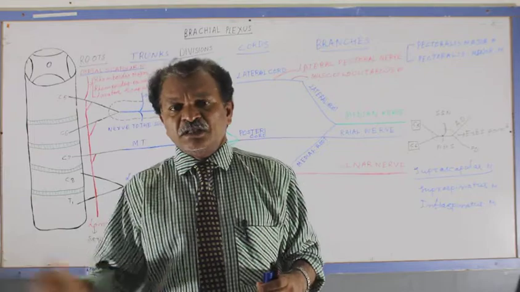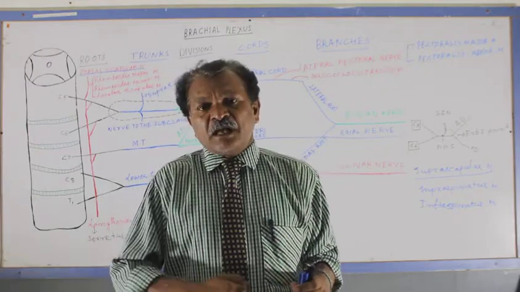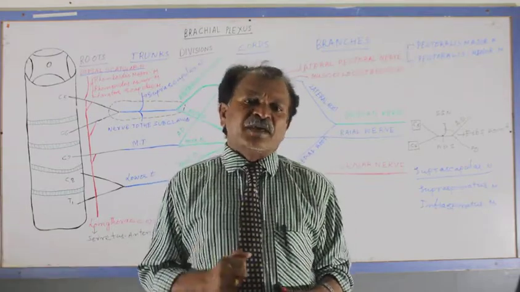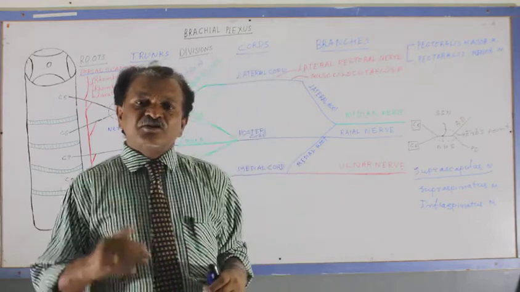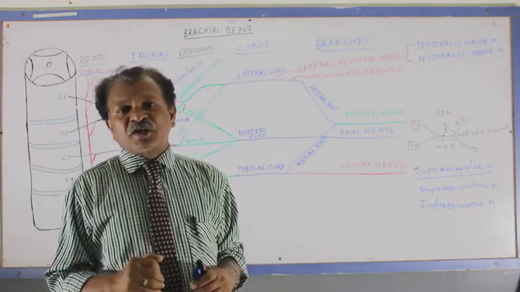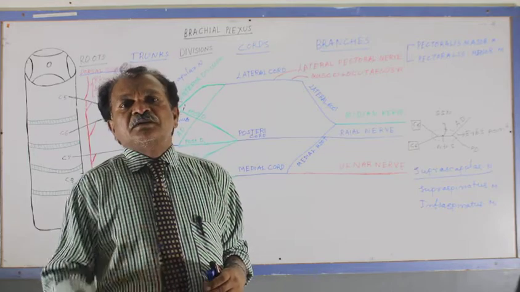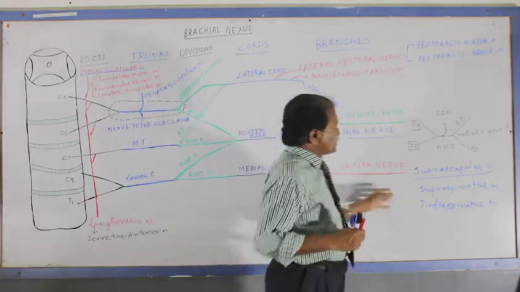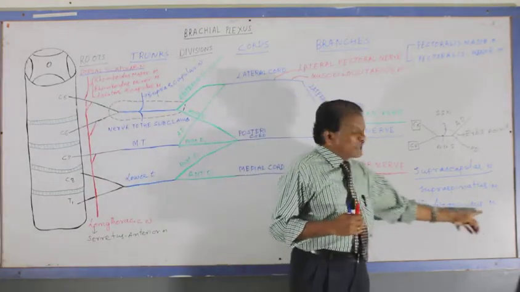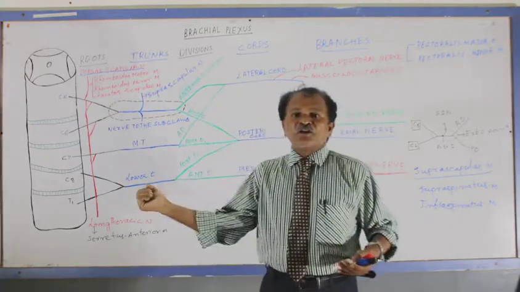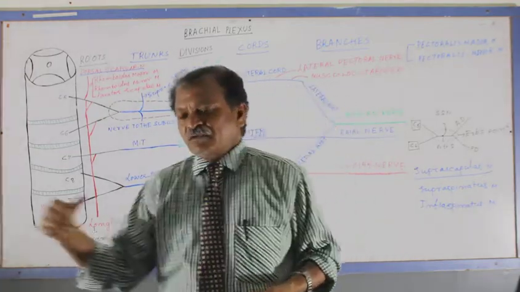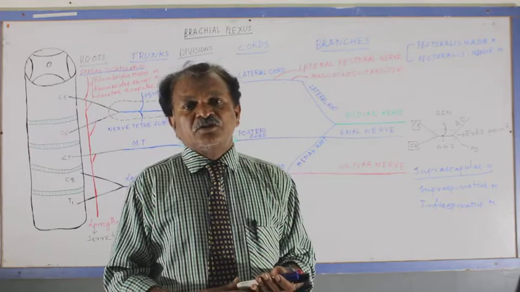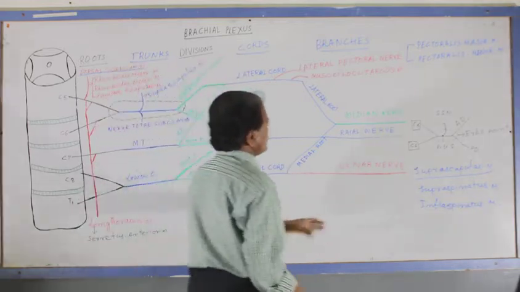Lateral rotation means the lateral rotation of the arm and of the shoulder, and this function is maintained by the infraspinatus muscle. The infraspinatus muscle is present below the spine of the scapula, and superior to that is the origin of the supraspinatus muscle. The supraspinatus helps in abduction from 0 to 15 degrees, and the infraspinatus helps in the lateral rotation of the arm and shoulder joint. So that is about these two muscles.